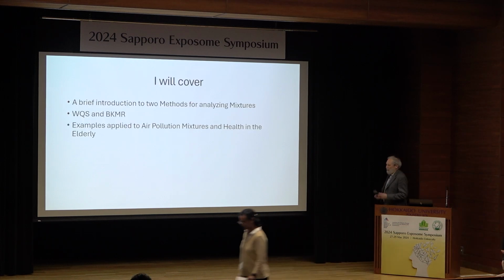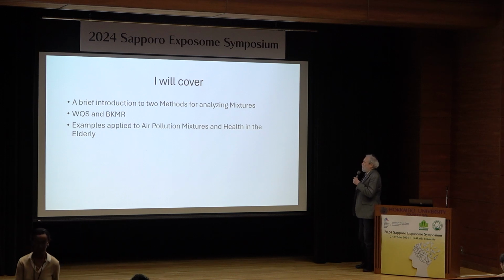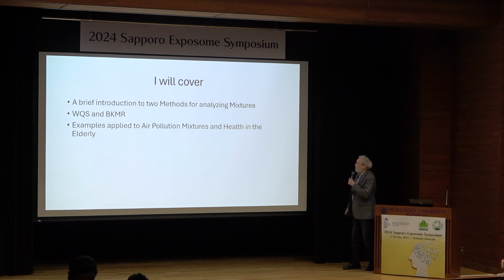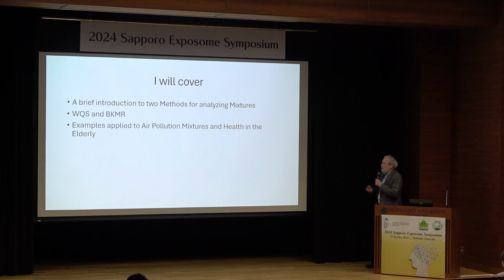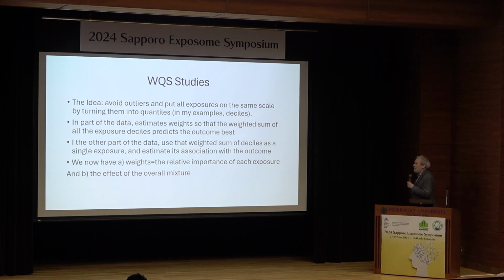So I want to give you a very brief introduction to two methods that are widely used for analyzing mixtures: weighted quantile sums and BKMR, Bayesian kernel machine regression, and then examples applying it to mixtures of air pollutants and sometimes air pollutants and temperature and other variables and health in the elderly. So let me start with, this is not a statistics talk, I'm going to give you a very heuristic explanation